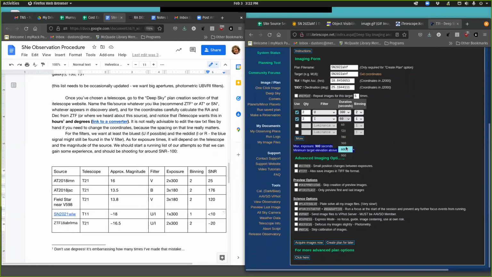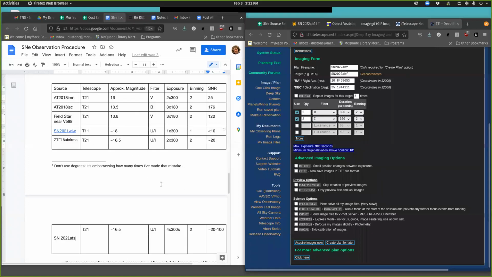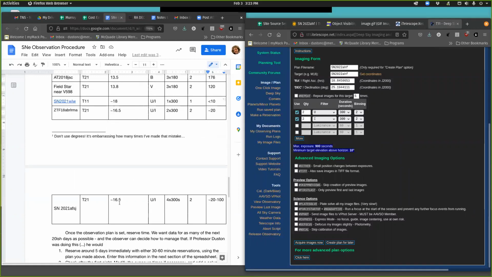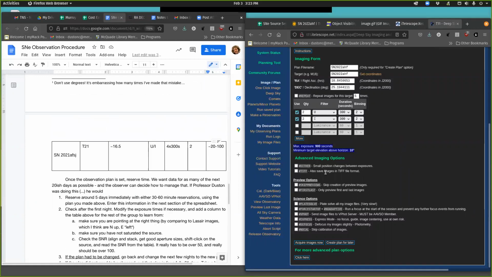2 times 300, and then 2. I usually stop at 300. I don't go higher than that just because 5 minutes is a long time. You screw up one of those and you lose a lot of time. So that's sort of why I do that. And we can use this as a test for this case, just we can add another line to this table once we're done. Okay, now, some of the things that might not be in here yet is we